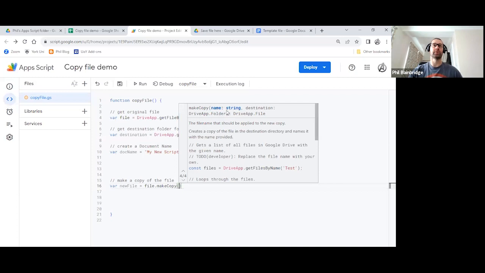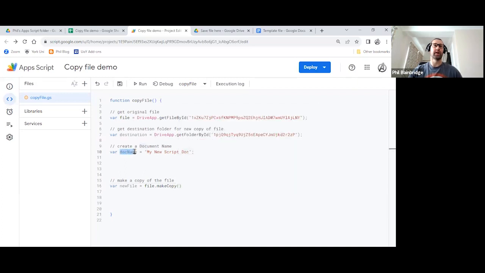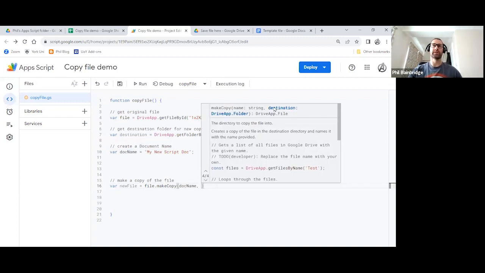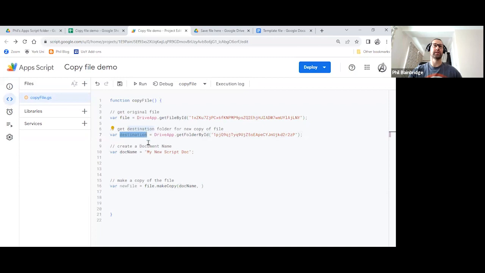So both of those items are there that we want, so we just need to piece them into the little jigsaw. The document name exists here on line 10, so I'm going to copy that and paste it in like so. And then with the comma, you can see the text is now highlighted for the next bit, which is the destination folder. The destination folder for us is here on line 7, so I will paste that in like so.